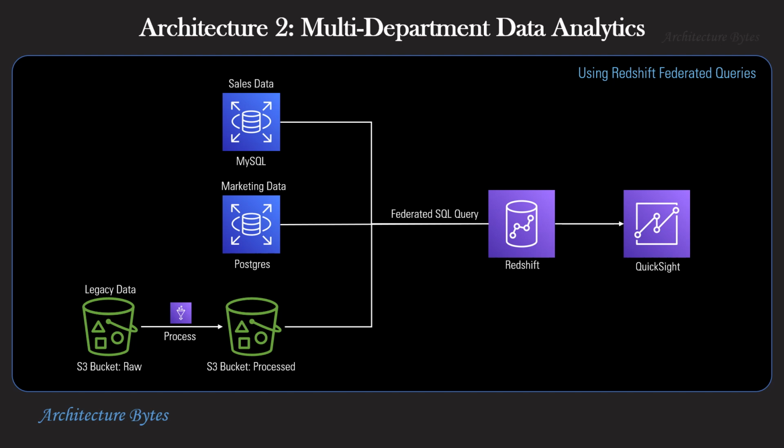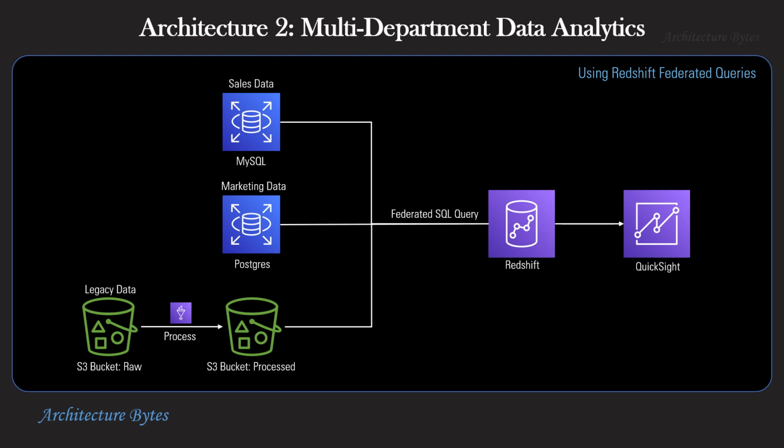Here we have three disparate data sources to query, two on different RDBMS and one on S3. We will use federated queries here. Using federated queries, we can query, join, and analyze data across external operational databases, data warehouses, and data lakes. This also allows us to fetch data from external data sources and ingest it directly into Redshift without any complex